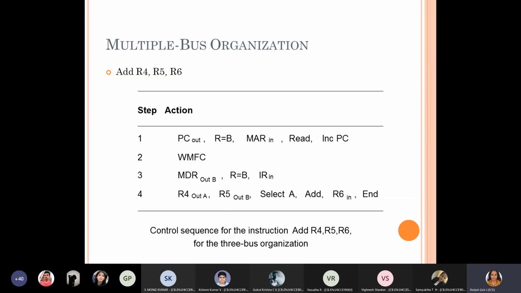Complete instruction execution means including the fetch phase as well as the execution phase. How it is shortened, all that you can understand when you look at the control sequence of single bus organization and the multi-bus organization.